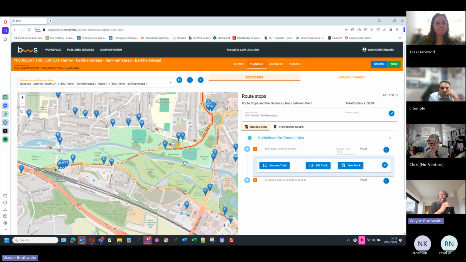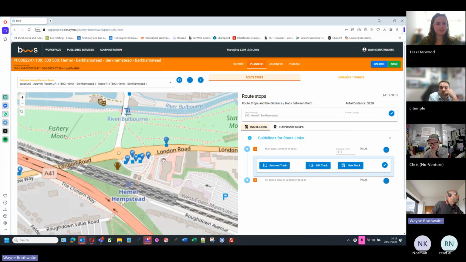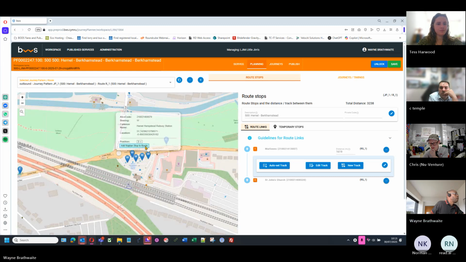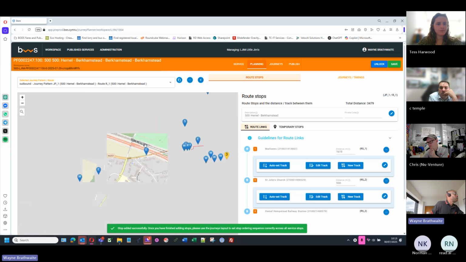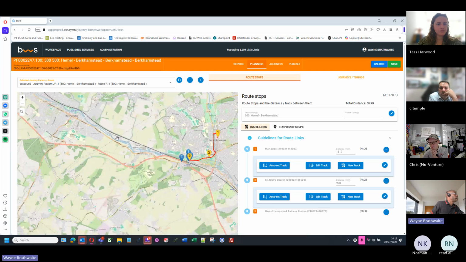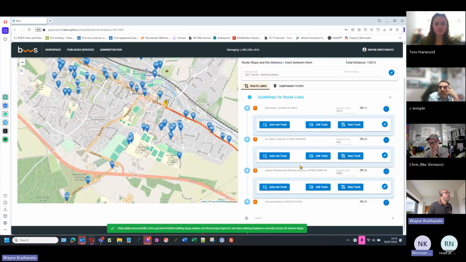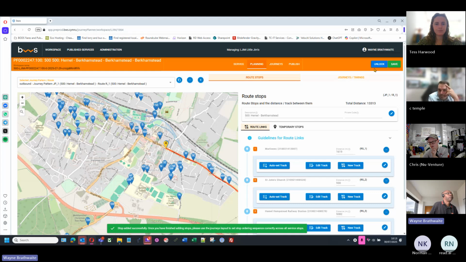those errors that I was getting where you'd configure something and then someone would say, oh, actually that bus stop's on the wrong side of the road, or it's actually around the corner or something like that. So you can actually pinpoint where the bus stops are. I'm just going to put four stops on here just for demonstration's sake, and we'll terminate it there. Right, so we've built this route now,